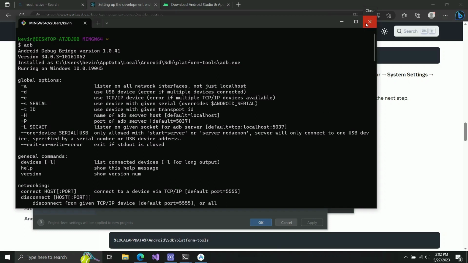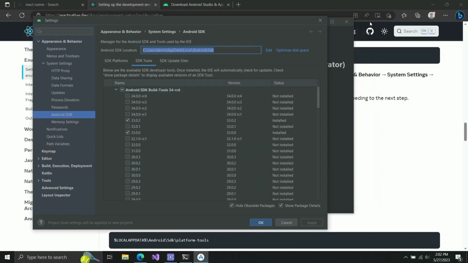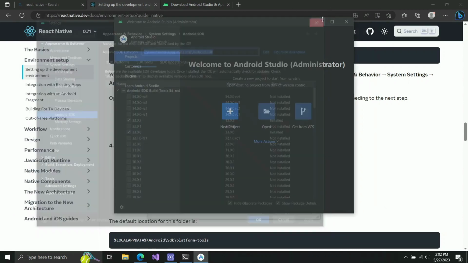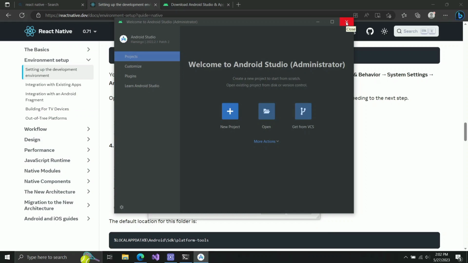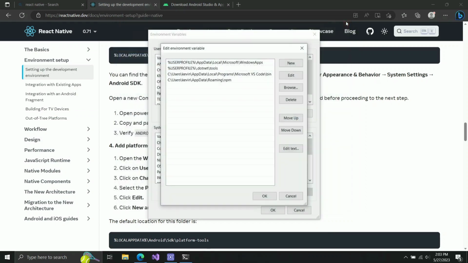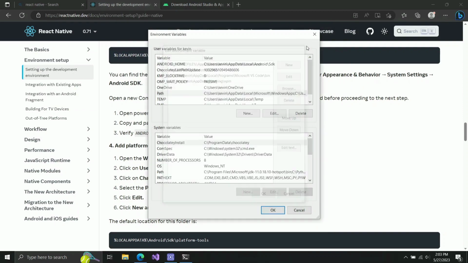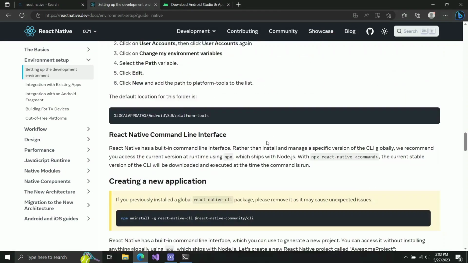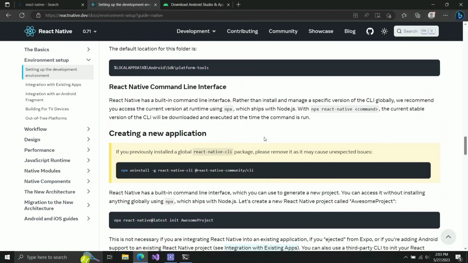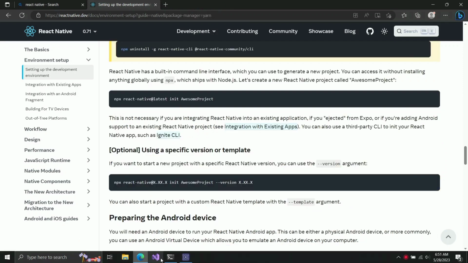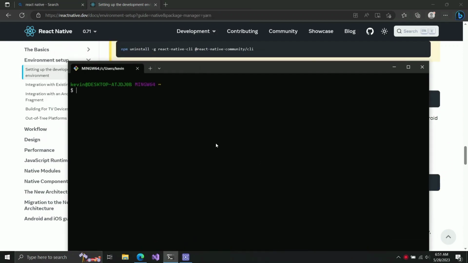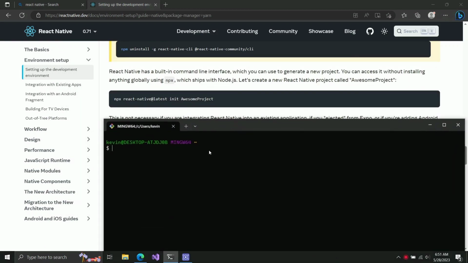Okay, so the next up we will be installing our React Native application. So first, let's get rid of this, and then we're going to get rid of these and get rid of this here. Okay, and then we're going to X out of this, and then X out of this as well. So quickly, we will head over to our Windows terminal, and let's bring that up real quick. And then here we are going to execute a command that will install our React Native application. So I'm just going to copy this command, which is the npx